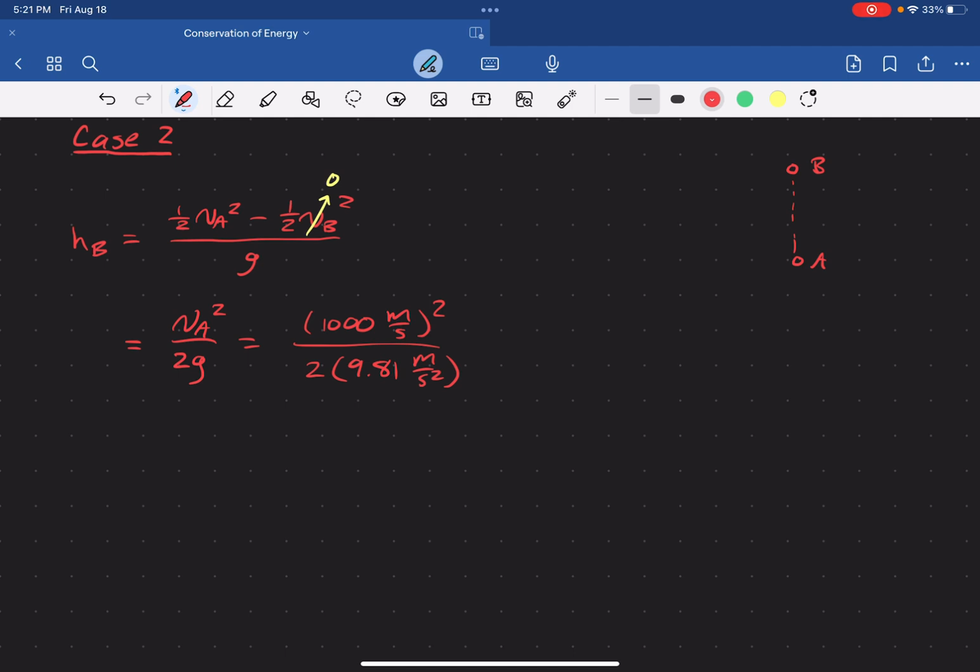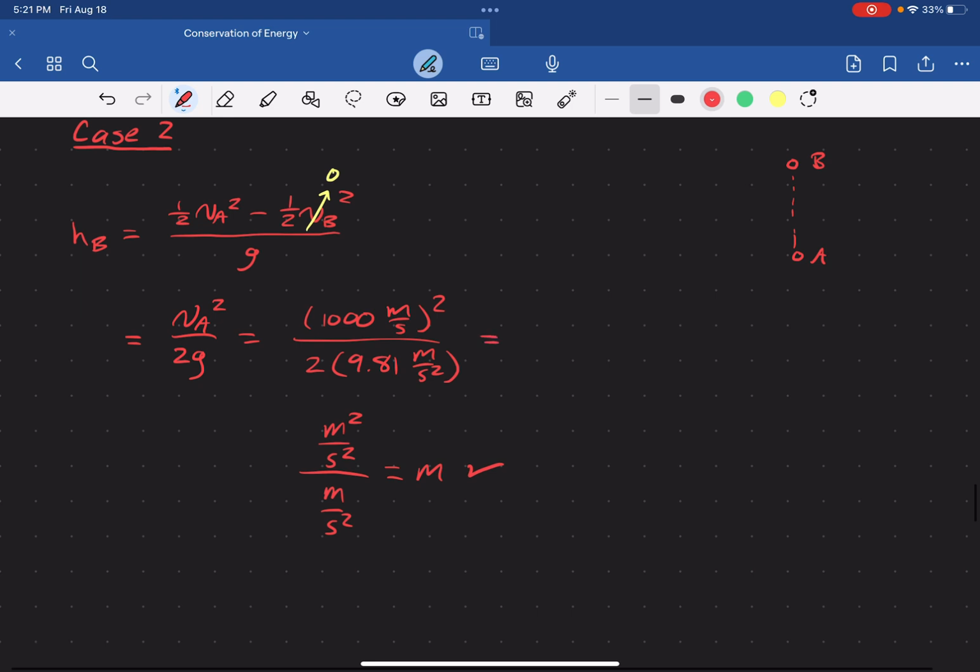Our units here are, again, meters squared per second squared divided by meters per second squared, which is meters, which is what we want for a height. And after we plug this into a calculator, we get a height of about